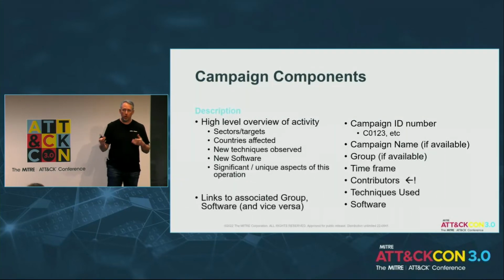So in terms of components, what the actual page will look like, if you're familiar with ATT&CK, and hopefully you are if you're here, it's going to look very much like a group and software page with some noticeable differences. Every page will have a campaign ID number, so C1234. It may or may not have a name. That'll be, as I said before, a split in practice from what we've done previously. If we can link it to a group, we will, but that's not required. Again, we could have campaigns that just focus on unknown or unidentified actors.